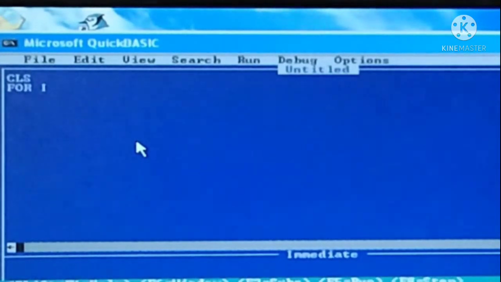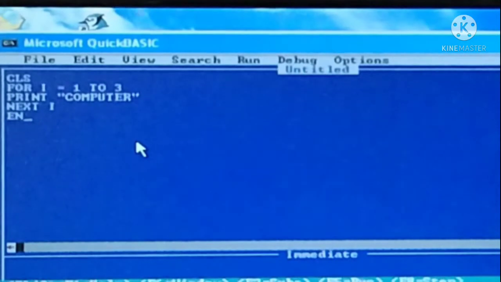For I equals 1 2 3, print, and printing computer, next I, and end. That's all.